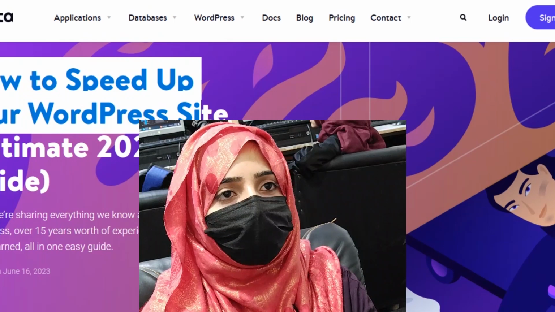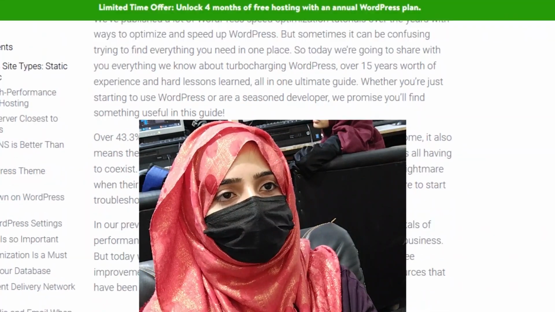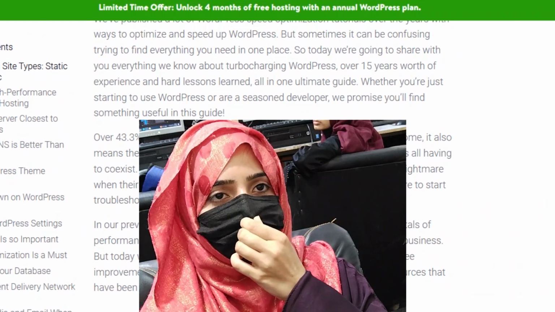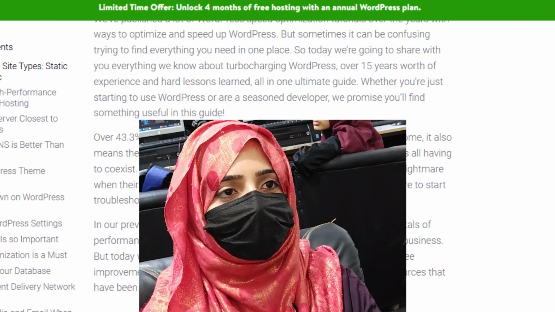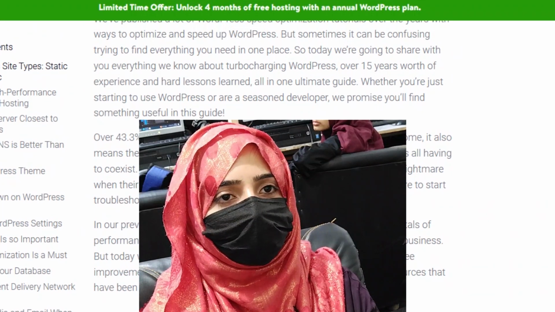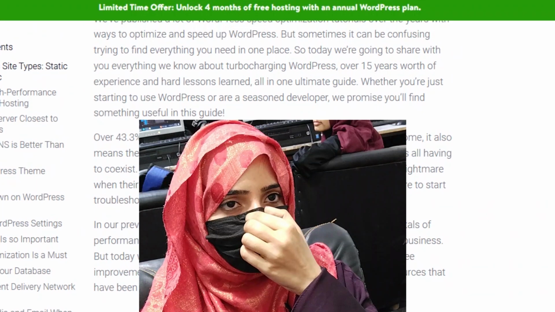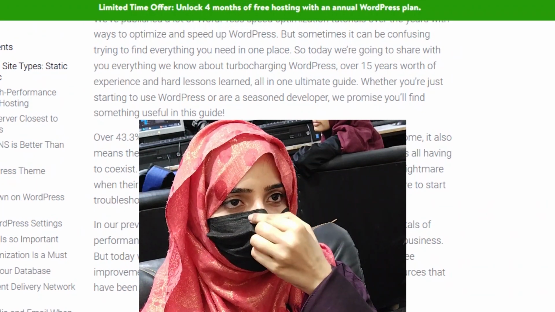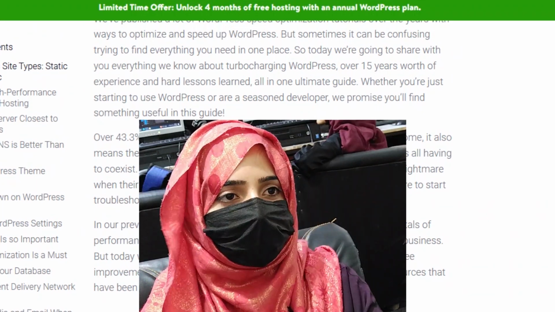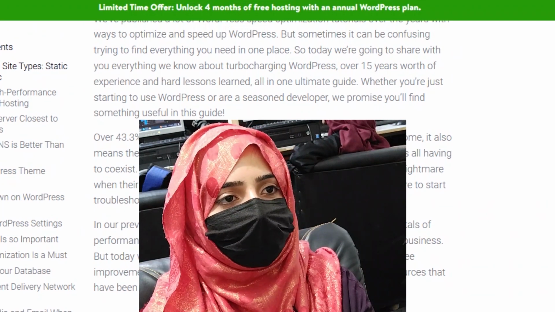Over 43% of the web is now powered by WordPress. While this is awesome, it also means there are thousands of different themes, plugins and technologies all having to coexist for the everyday WordPress user. This can quickly turn into a nightmare when their sites start to bottleneck and they don't know why or even when to start troubleshooting. In our previous guide on page speed, we went over a lot of the fundamentals of